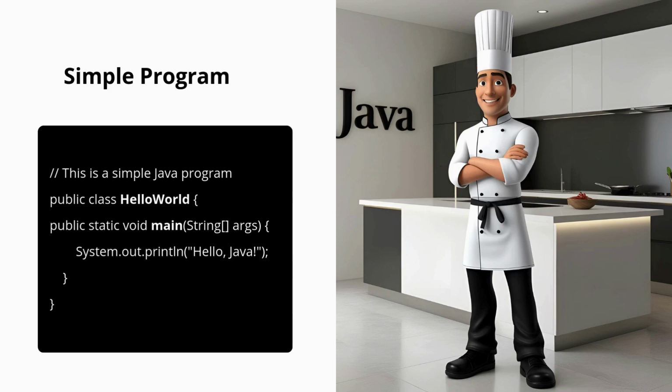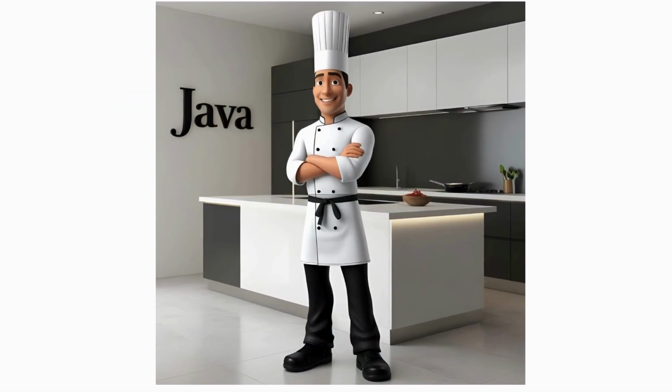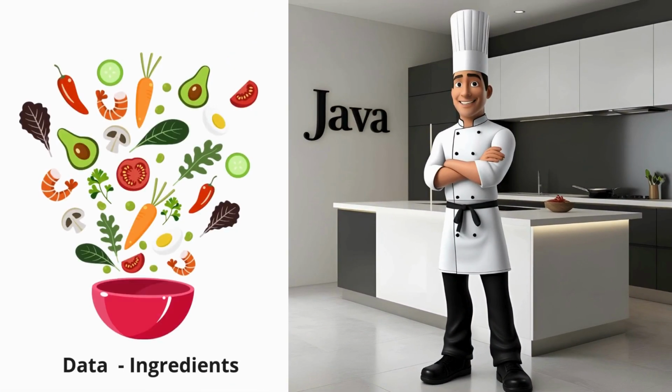Imagine walking into a new kitchen. If you don't know where the ingredients are, you will feel lost. Java syntax is the kitchen rules that help you create a smoothly running program. Next, data types. Now that Alex understands Java syntax, they need to work with data, just like a chef works